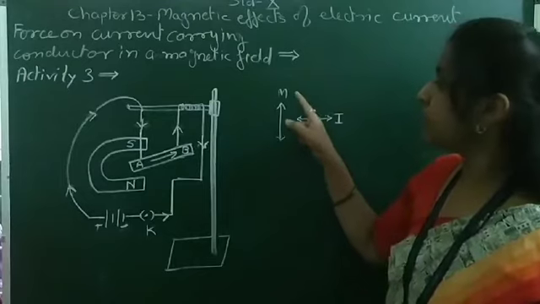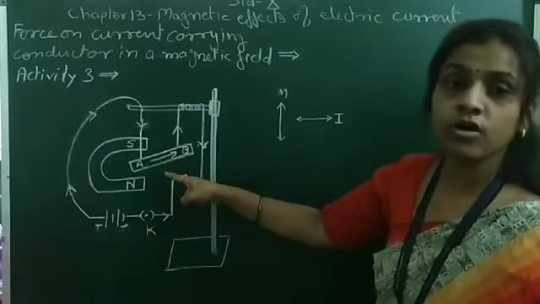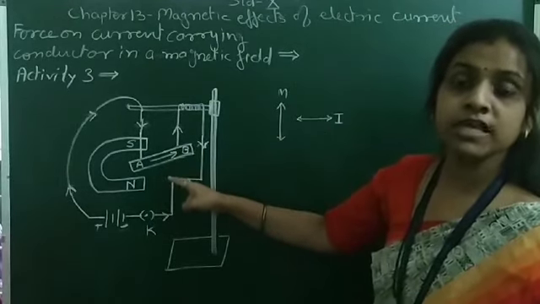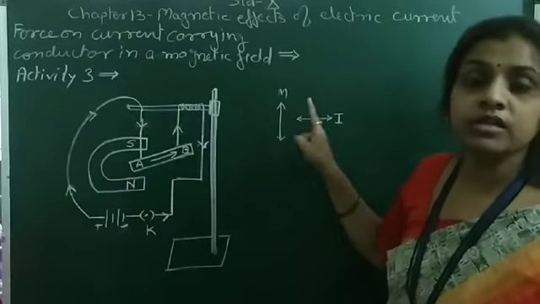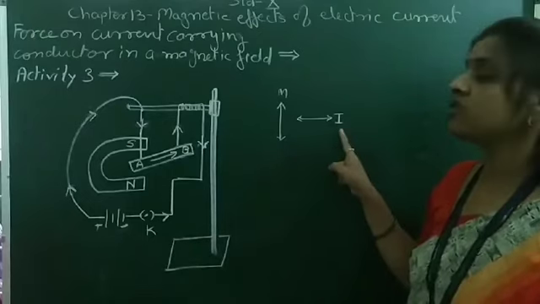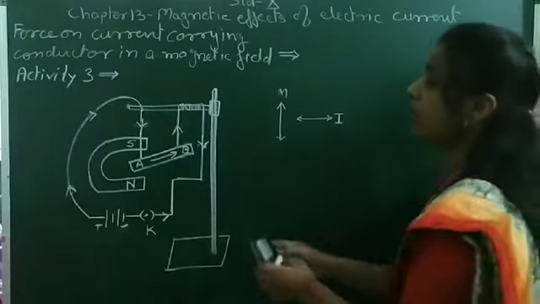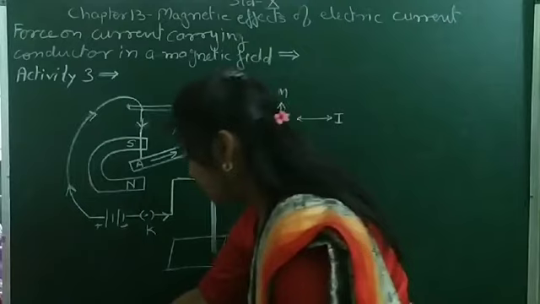So it depends upon the direction. The force exerted on an aluminum rod, or the force exerted on a current carrying conductor, depends upon the direction of the magnetic field and the direction of the electric current. Now, how is the direction determined? Now see, if